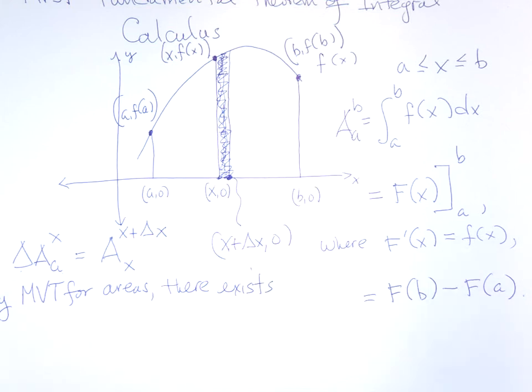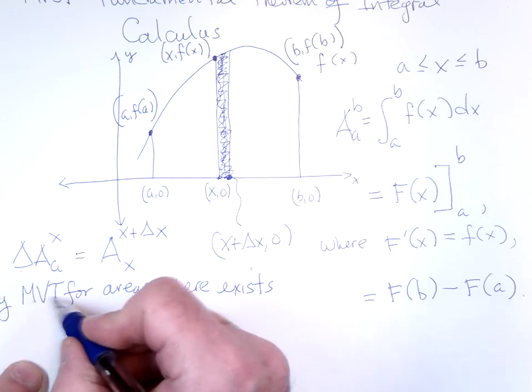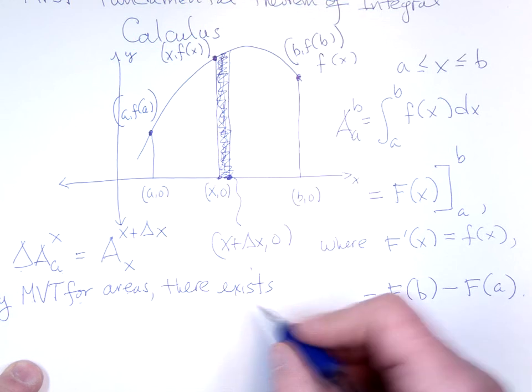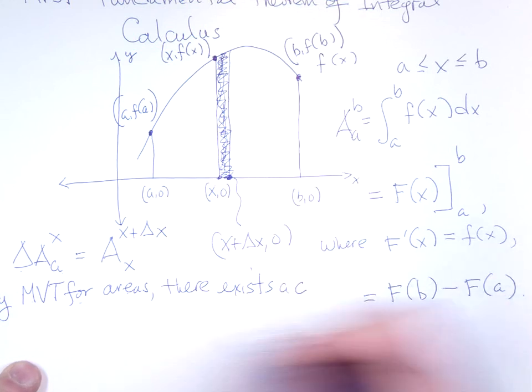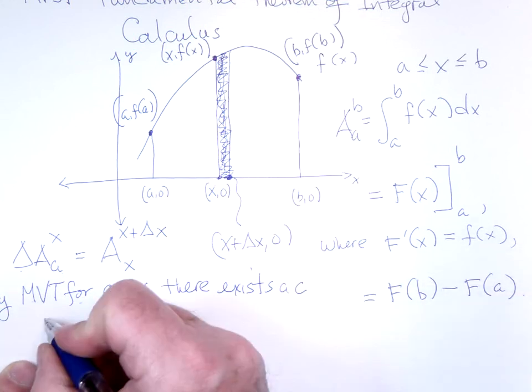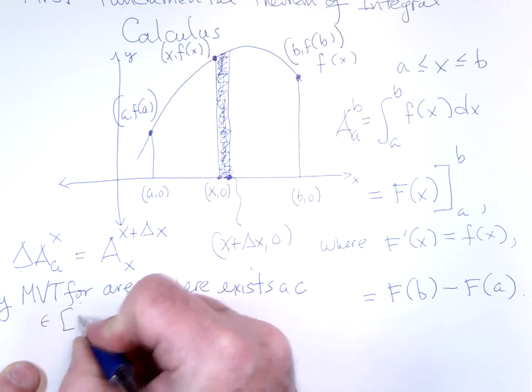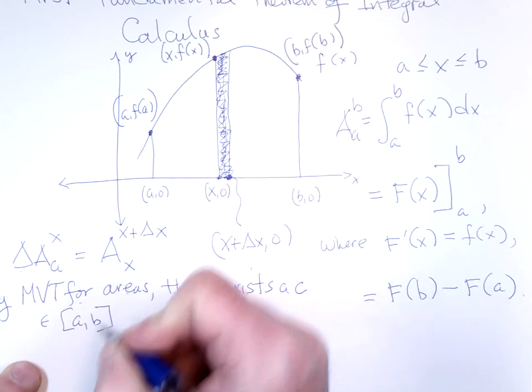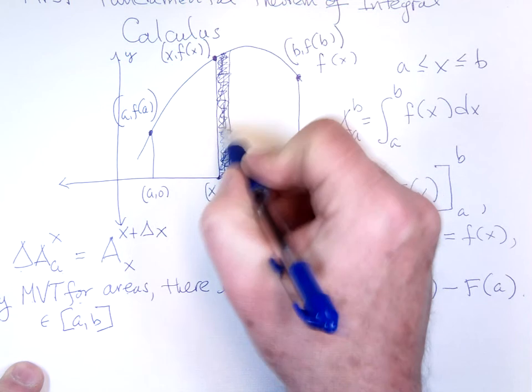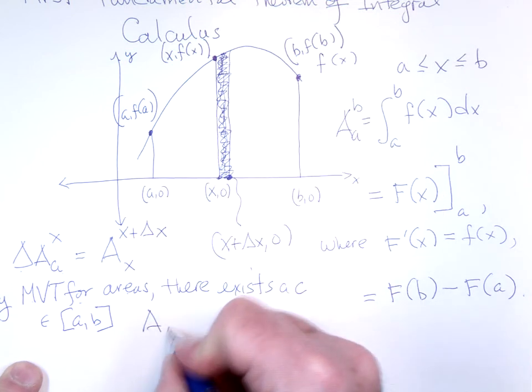But I do think it's important to at least establish a connection, and hopefully it'll make some sense to you. What does the MVT stand for? Mean value theorem for areas. There exists a c in the interval where what's true? That this area is equal to,